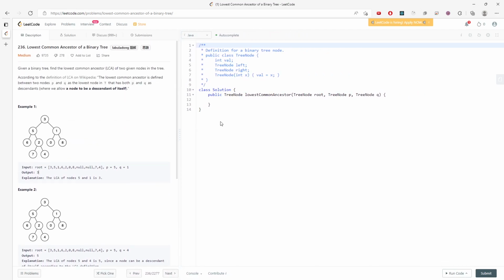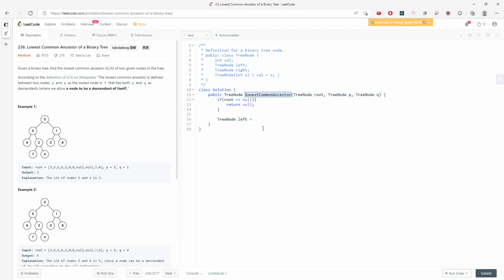The algorithm looks pretty simple, just using a recursion solution. I'm just going to code it, and then you'll be able to follow along. If the root is equal to null, I'm going to return null. All right, so I need to traverse my left